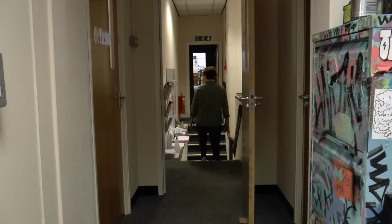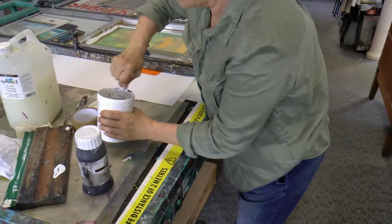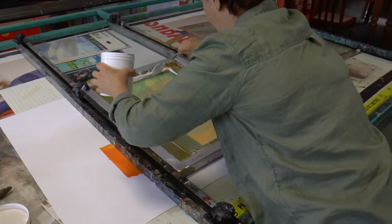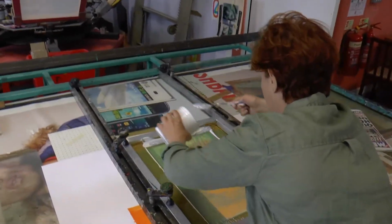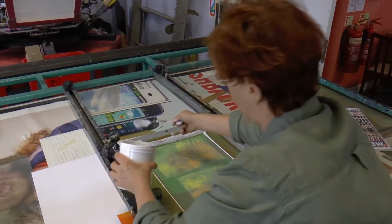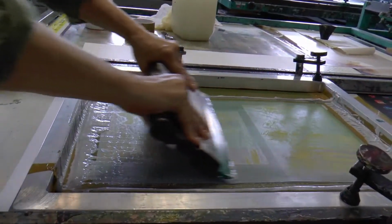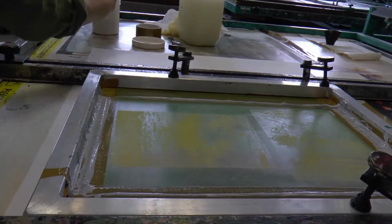I love silkscreen printing. First of all, it's very difficult to do. It may look easy, but the equipment is quite heavy. So I love the equipment. I love the boldness of the images. You can play around with the images, you can layer them, you can mix inks together and create translucent effects as well as big bold colour. So you can play all the time with the layering and the boldness or softness of the image, and you never quite know what's going to happen